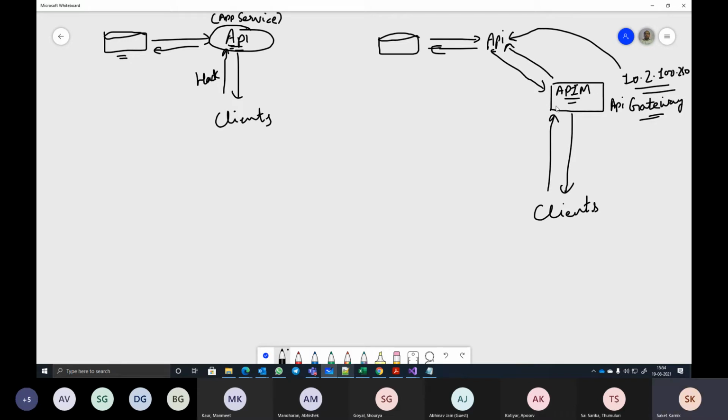And that API instance we have already deployed. Now we want the API to be served from this API-M to the actual clients. This API endpoint could be the actual API endpoint, could be a logic app API endpoint where HTTP connector is used. It could be a function app endpoint also, because function apps also are accessible via the HTTP requests. So this API-M can serve everything which is accessible via HTTP request, including websites as well.